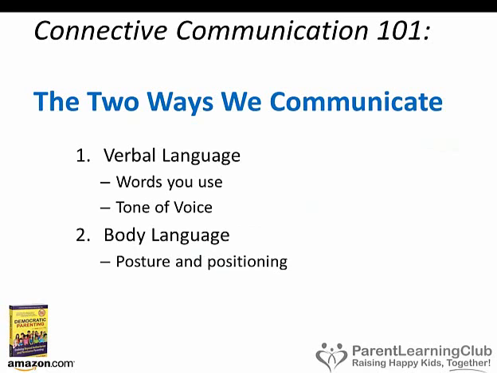This refers to posture and positioning, and positioning means how you position yourself in relation to the other person, whether you're facing them, whether you're angled, whether you go down on your knees with a child in order to be at eye level with them, whether you bend over, so it's basically how you position the space between you and the child. And posture obviously refers to whether your arms are crossed or your chin is up. There's lots of different indicators in posture that we can use in order to communicate different things.